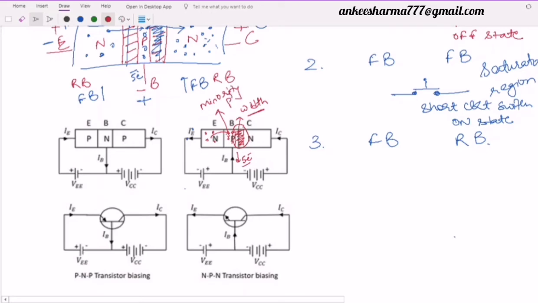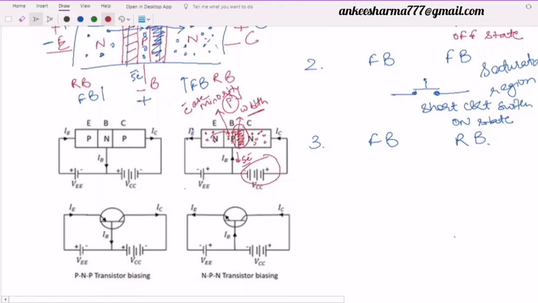ये P के क्या हैं? Minority carriers हैं. It means they will not face any difficulty, because we said in the reverse bias, minority carriers can flow without any barriers, without any obstruction. It means although electrons जो थे वो N side के थे, but वो कहाँ पहुंच गए? अब P में पहुंच गए हैं. P में वो क्या है? माइनॉरिटी कैरियर्स हैं. इलेक्ट्रॉन्स आर माइनॉरिटी कैरियर्स ओवर हेयर इन द P साइड. It means due to the reverse biasing of this collector junction, these electrons will reach to the collector part.